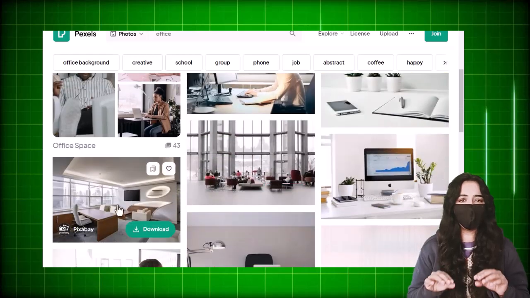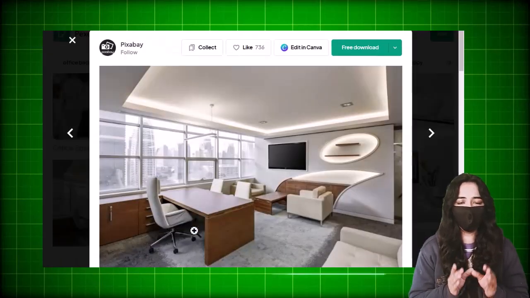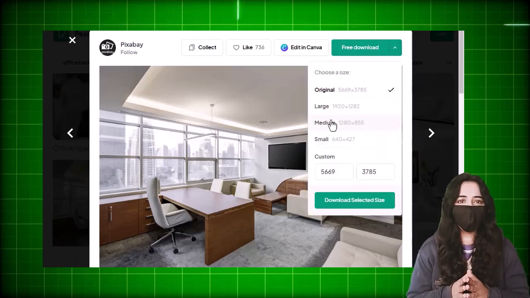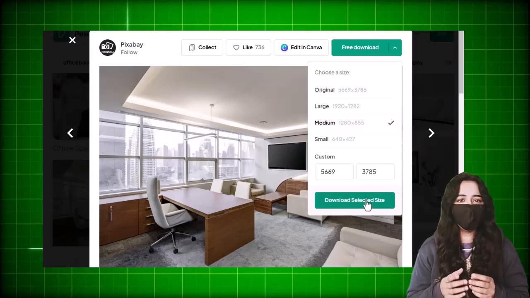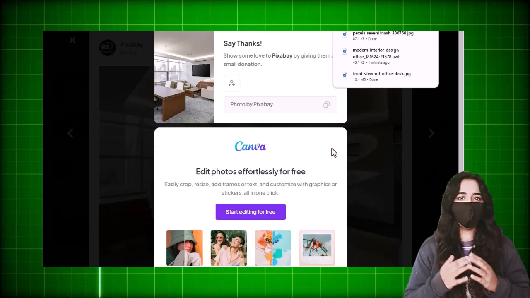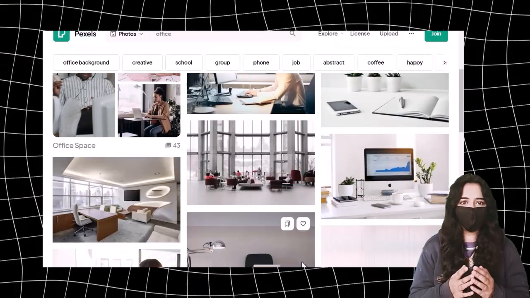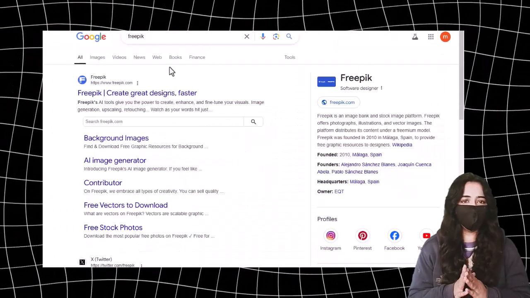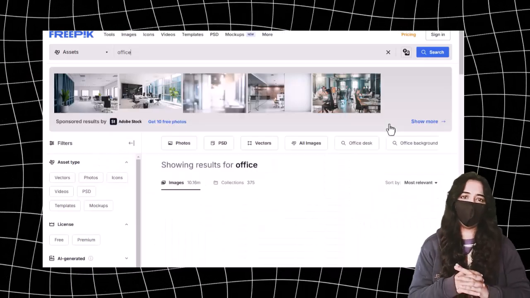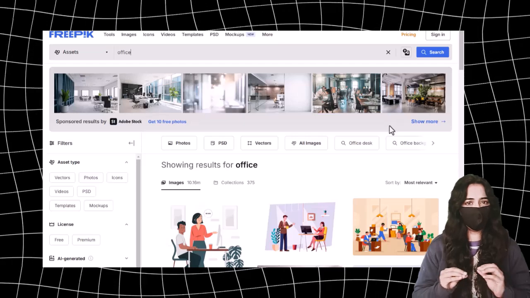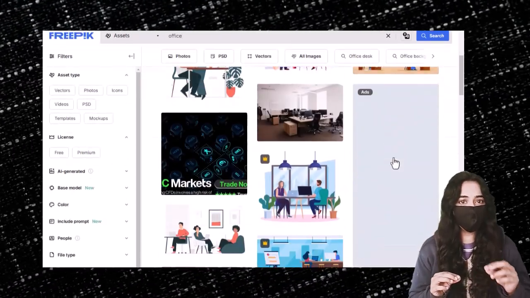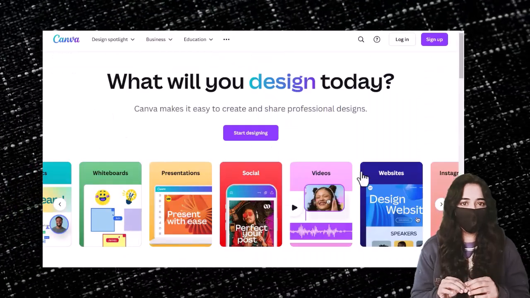So after closing, scroll here. So you guys, the first step is that you have to come to the websites of stock free images, which I have mentioned, 3 websites, and you have to come here randomly and download the pictures which you like. So it's okay. I have downloaded 2 pictures from this website. So now the last website, which is Freepik. You search for office and different office related images show up in front of you. So simply open any one that appeals to you and download it. So the first step is complete. So now we move on to the next step.